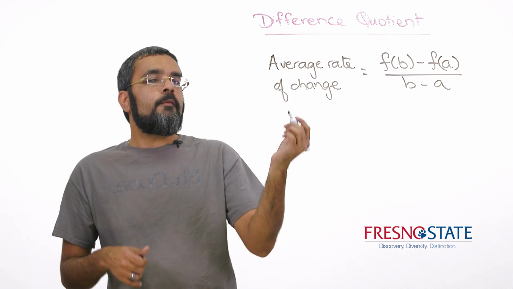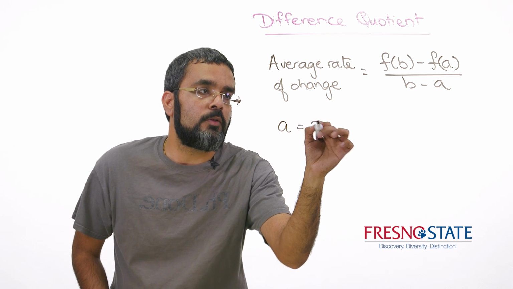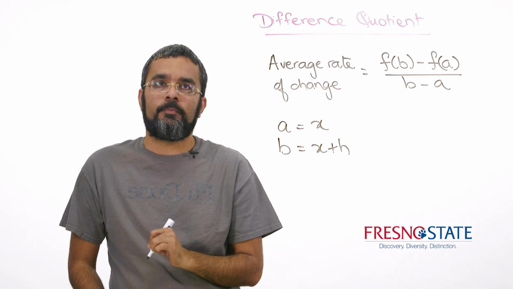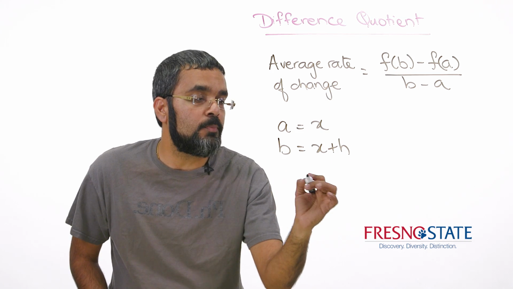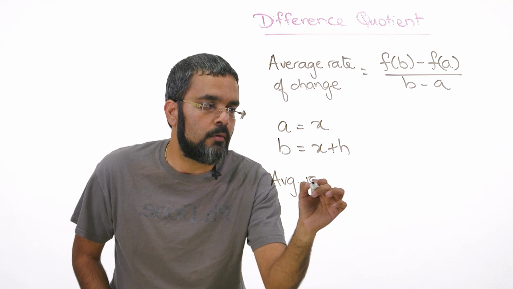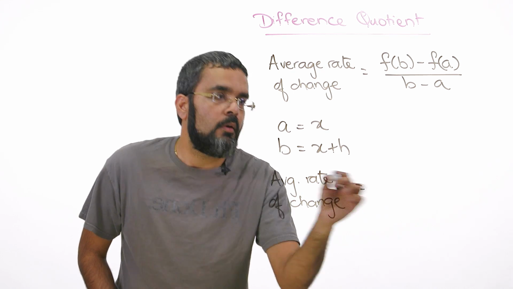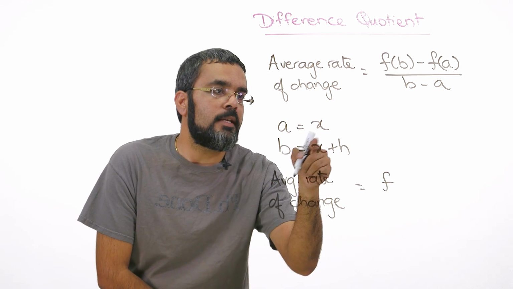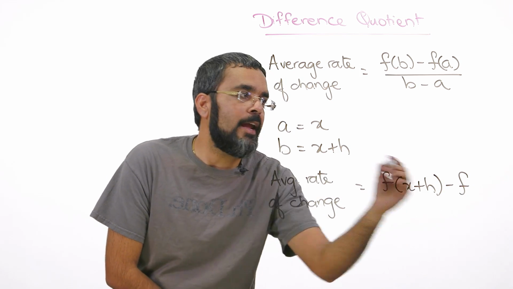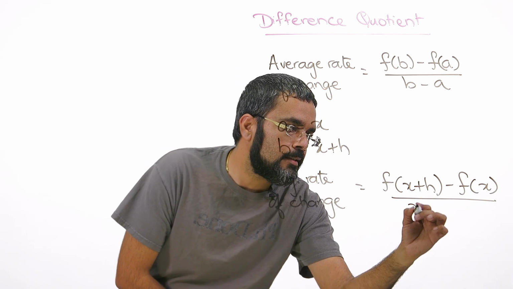Okay? Now what if I said, well, your a was equal to x and b was x plus some amount h? Okay? How would that change? Well, I would have my average rate of change now, right? That would be f of b, which is f of x plus h, minus f of a, which is just f of x, over b minus a, and that would be x plus